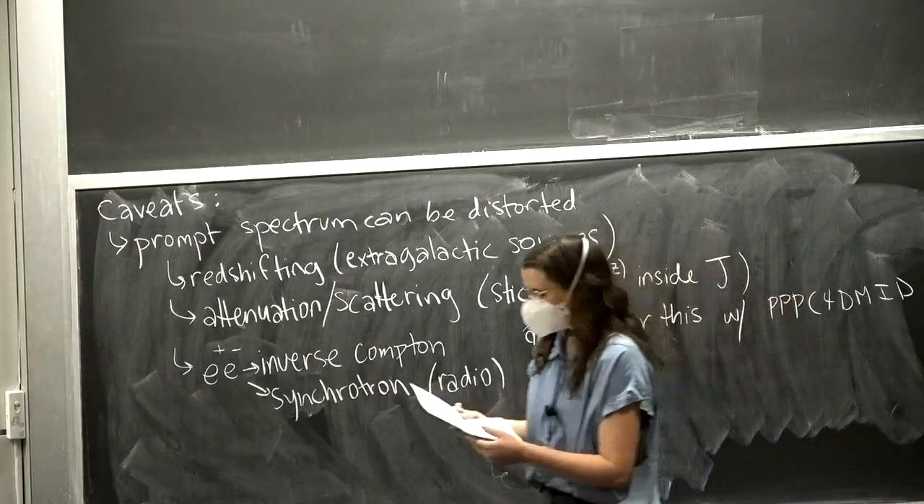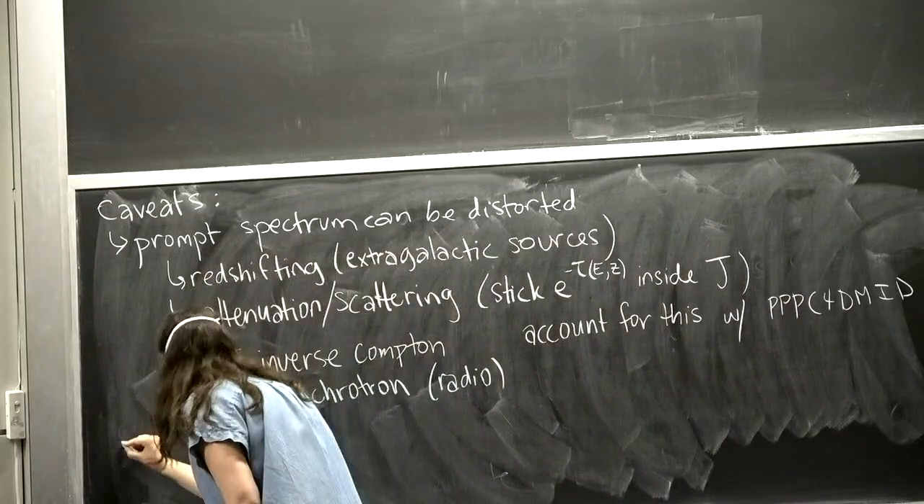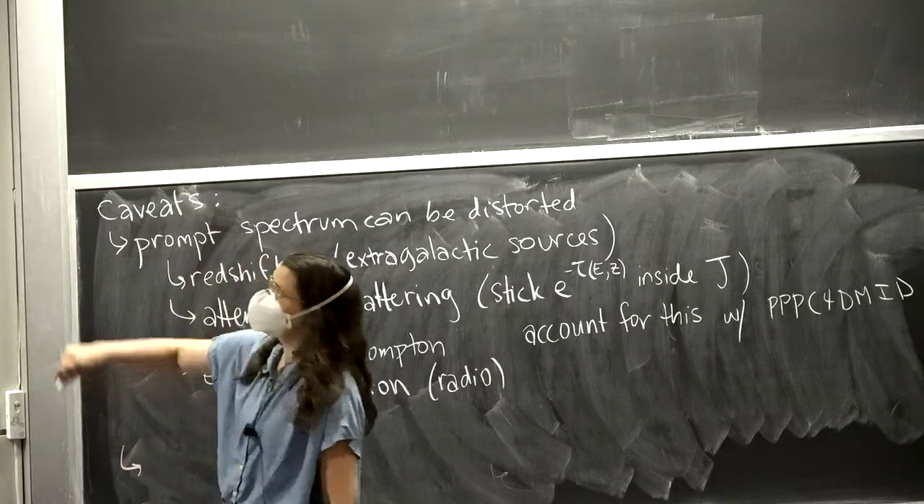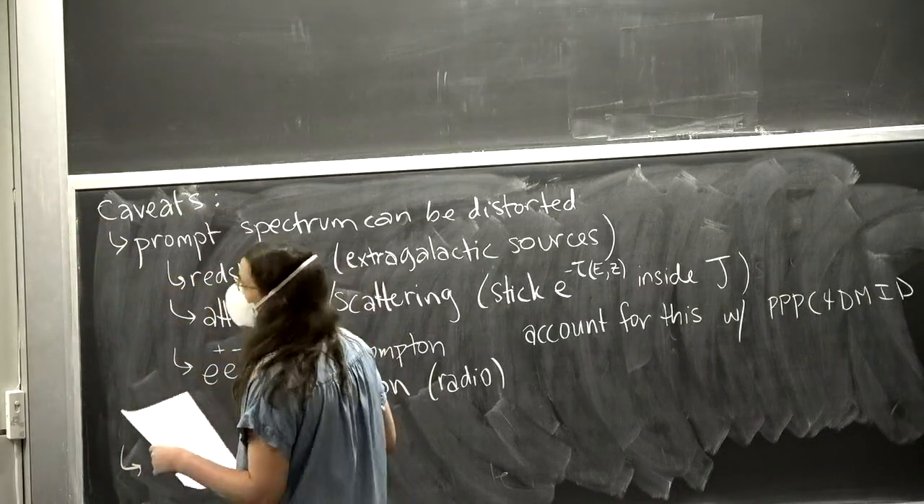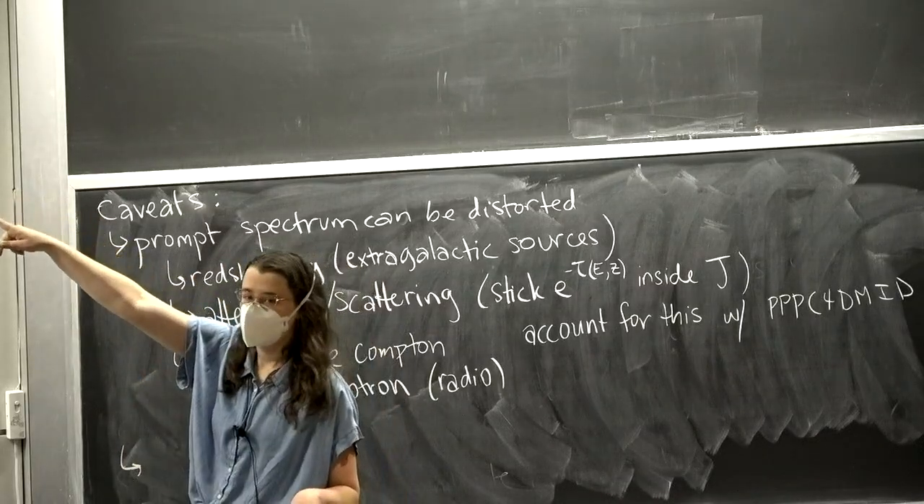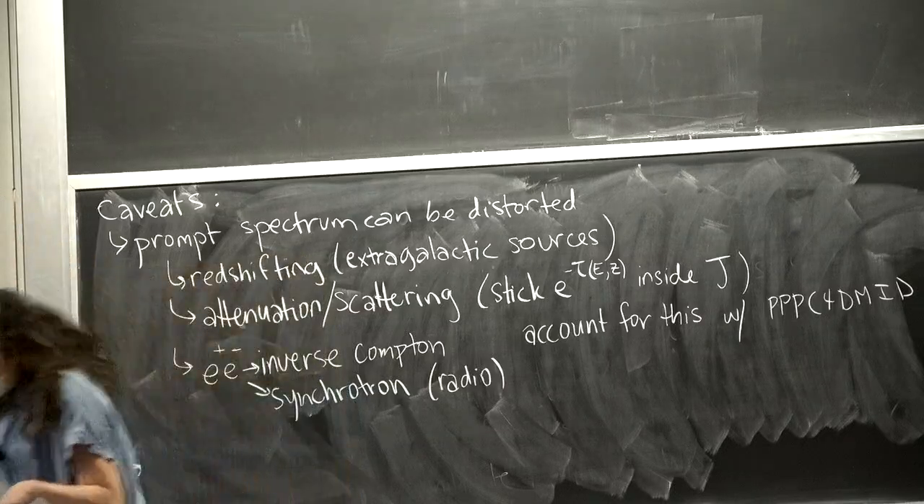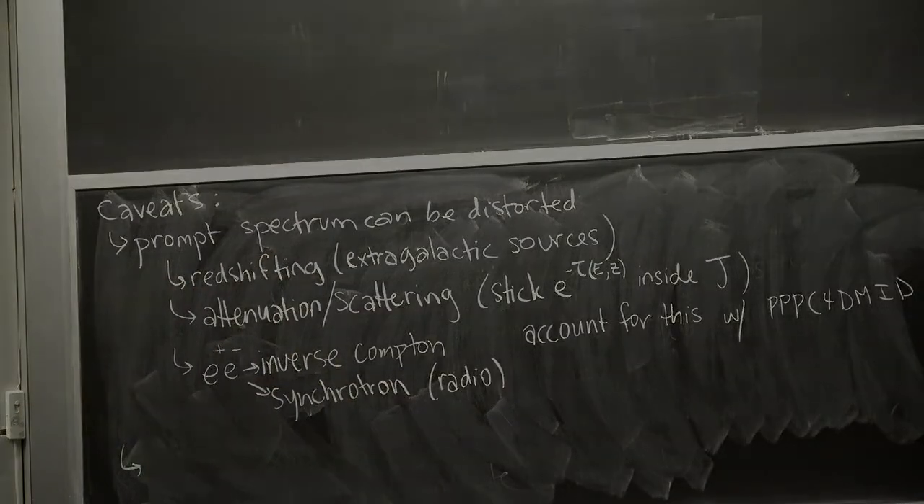My final caveat that I want to say is that for the J factor, we need to compute rho squared. And the way that we have done that is to assume a smooth